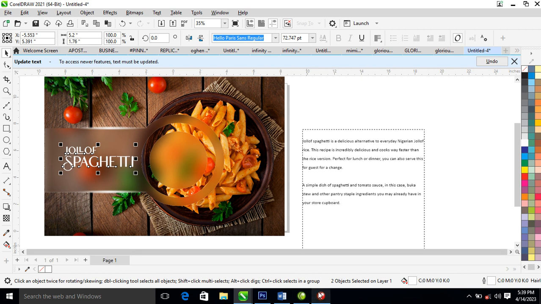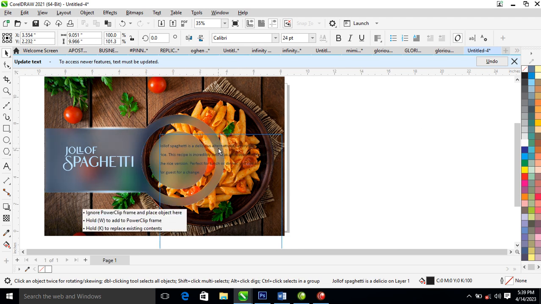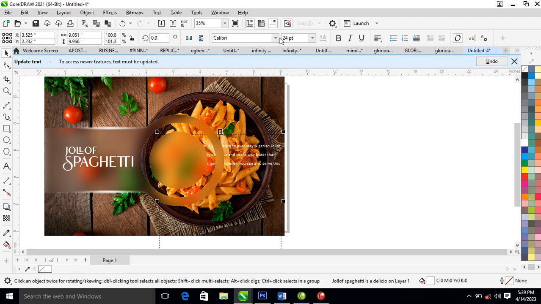So right now what we are going to do is to go ahead and just bring in the text, just like so. Then you go ahead and change that to white. Let's use Futurati,